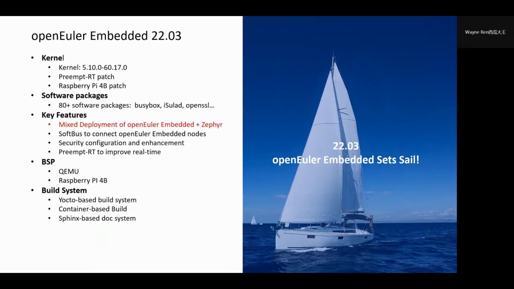This March, openEuler Embedded set sail and had its first official release. Here is the abstract of this release: 5.10 kernel, premium RT patch, QEMU and Raspberry Pi 4 support, softbus security enhancement, basic infrastructure. And we can see that the mixed deployment of openEuler plus Zephyr is a highlight feature, which I will